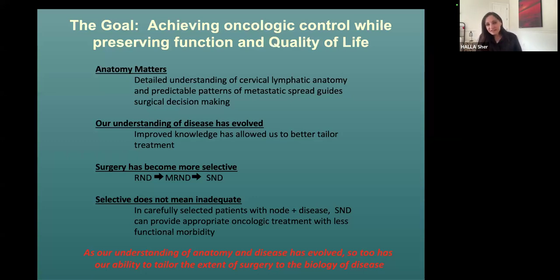So yes, surgery isn't always the primary modality, the primary treatment plan. Sometimes radiation therapy or chemoradiation is offered to our patients,